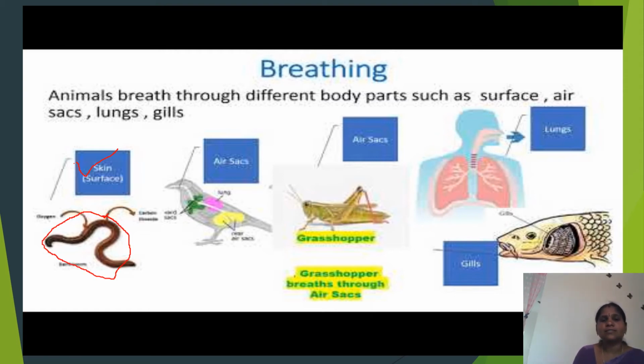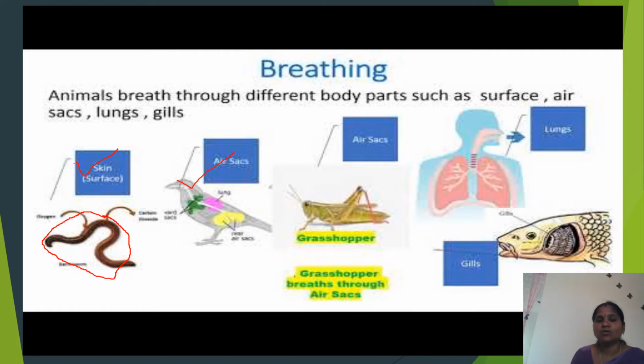Okay. Next, air sacs, like tiny pores which are present in their bodies. The tiny pores, we should call as air sacs. So the birds and insects will breathe through these air sacs. Those air holes will be present on their body. With the help of those air sacs, they will breathe. And